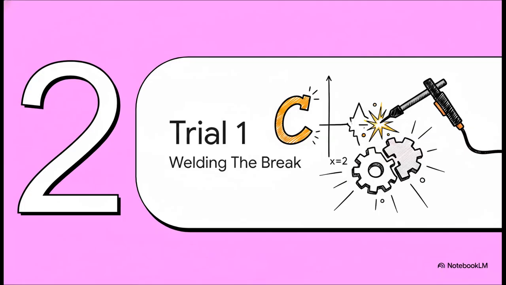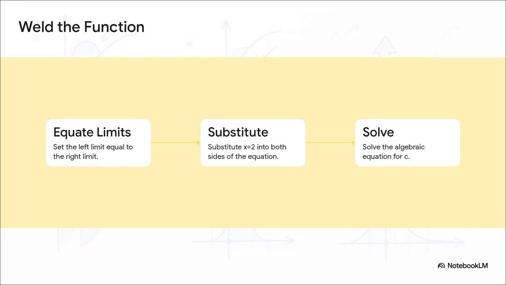So let's look at trial 1, welding the break, straight out of section 2.5. Here's how we actually execute that weld on a broken piecewise function. So our function changes its rule at the critical stress point, where x equals 2. By taking the left-hand limit and setting it strictly equal to the right-hand limit, we literally force the math to connect. We just substitute x equals 2 into both sides, and that leaves us with a really beautiful, straightforward algebraic